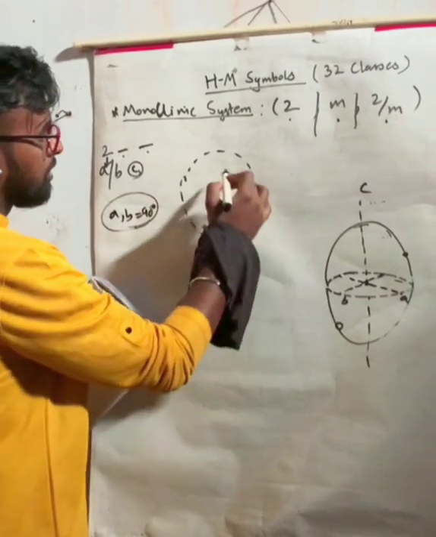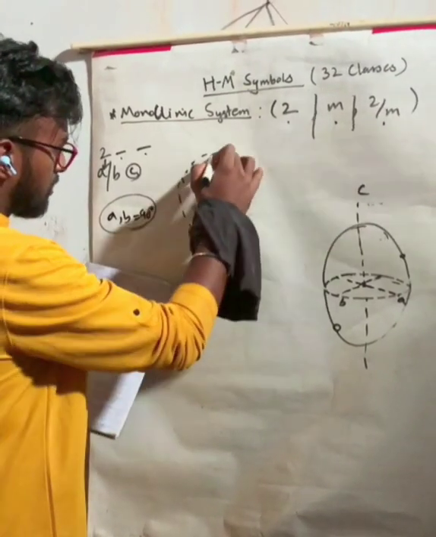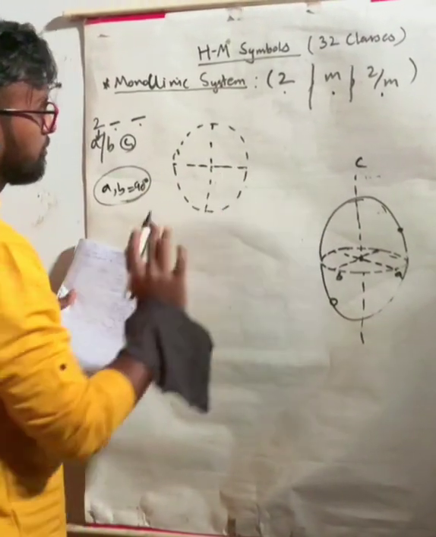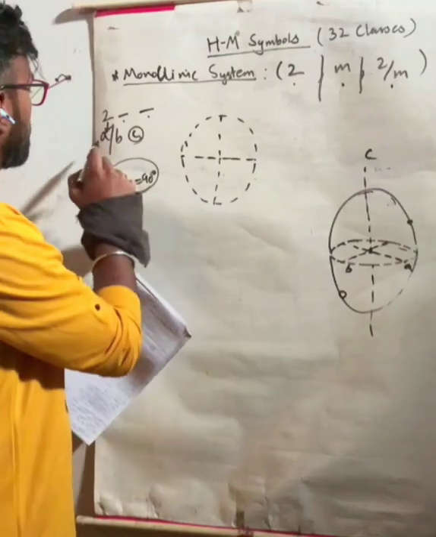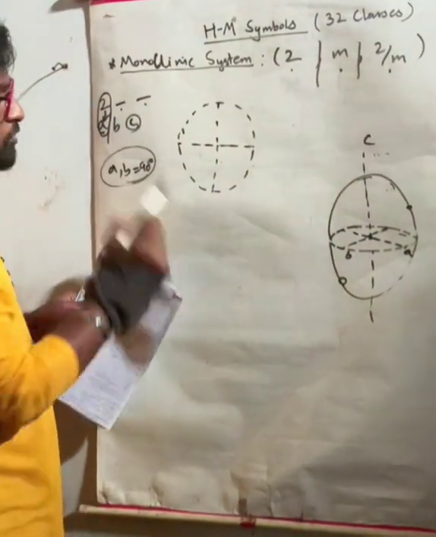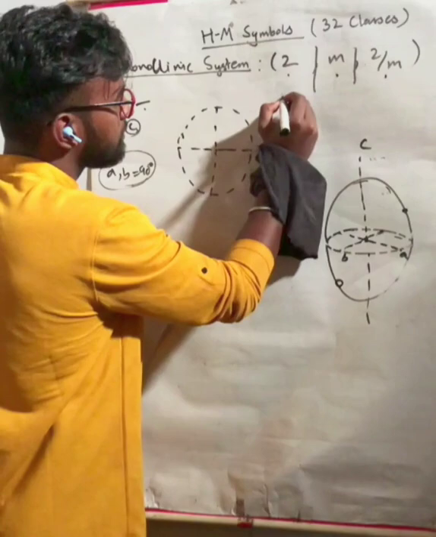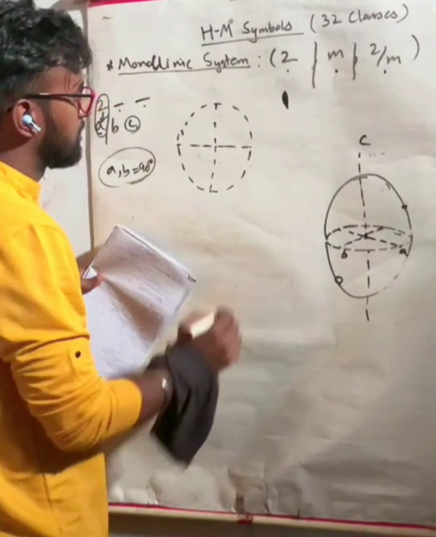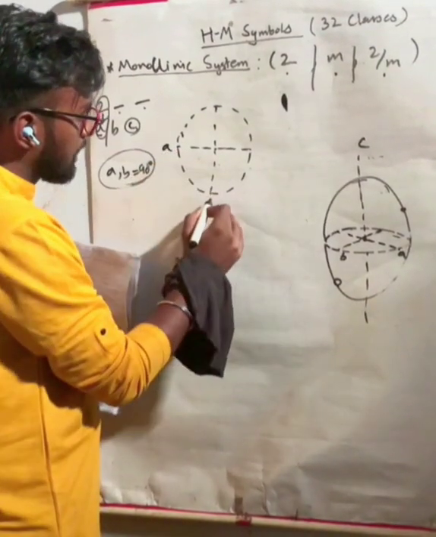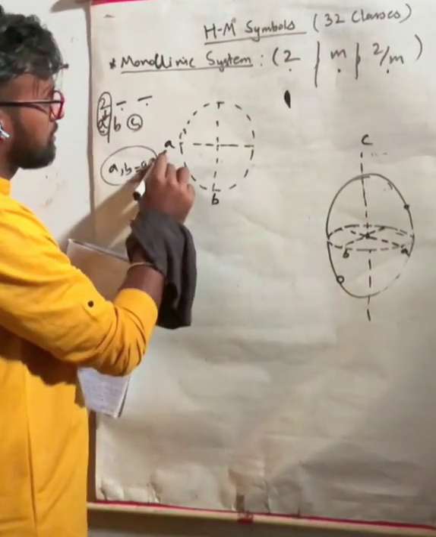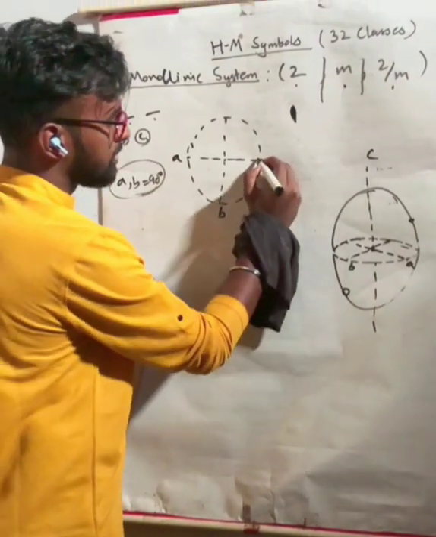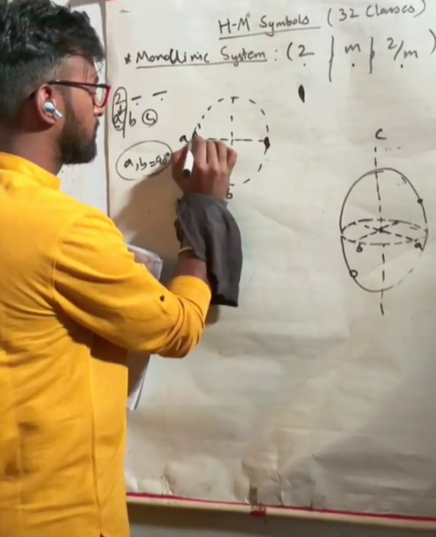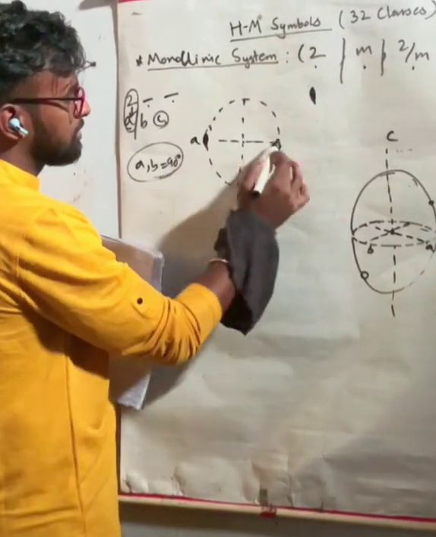So these will be perpendicular lines. In the perpendicular lines we have two perpendicular axes. Now because we have A as the axis of twofold symmetry, the sign for twofold symmetry is this. This is the sign for twofold symmetry. So suppose we take this as A and this as B. We have A as the axis of twofold symmetry, so we need to denote it with this symbol and this one with this symbol. So we have an axis of twofold symmetry.